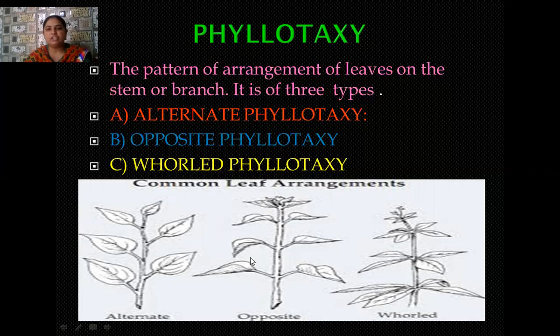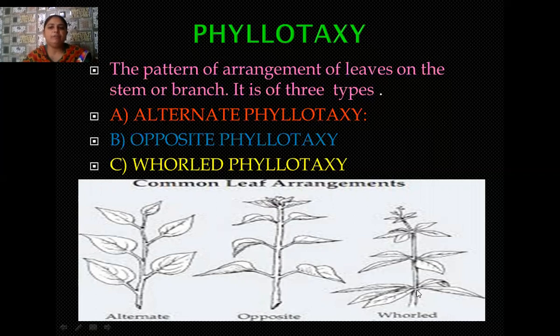So this is the picture or diagram of all three types of phyllotaxy. In alternate phyllotaxy, one leaf is at the lower position, then another leaf at the upper position. Then the third leaf is a little bit higher than the previous one, and so on. In case of opposite phyllotaxy, from the same point, on both sides, one leaf gets attached. Similarly at the next point, on both the left side and the right side, both leaves arise from the common point, and in this way all the leaves are arranged.